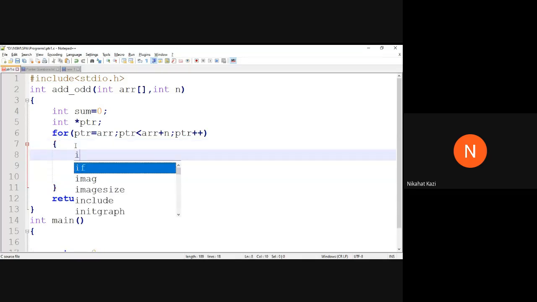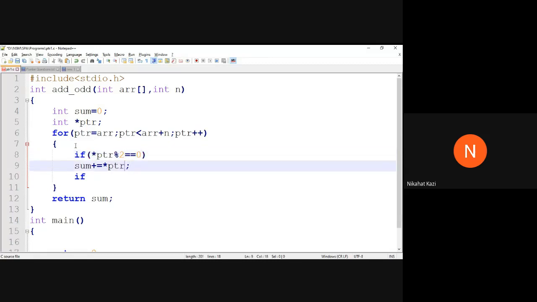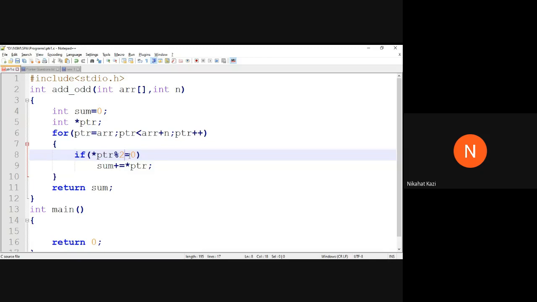Only if it is odd, you have to add it to the sum. So you need to write an if condition: if star PTR mod 2 equal to 0, then only you add this value to your sum. Not equal to 0, sorry. This has to be not equal to 0, because you need to add only the odd elements, not the even elements. So this has to be star PTR mod 2 not equal to 0.